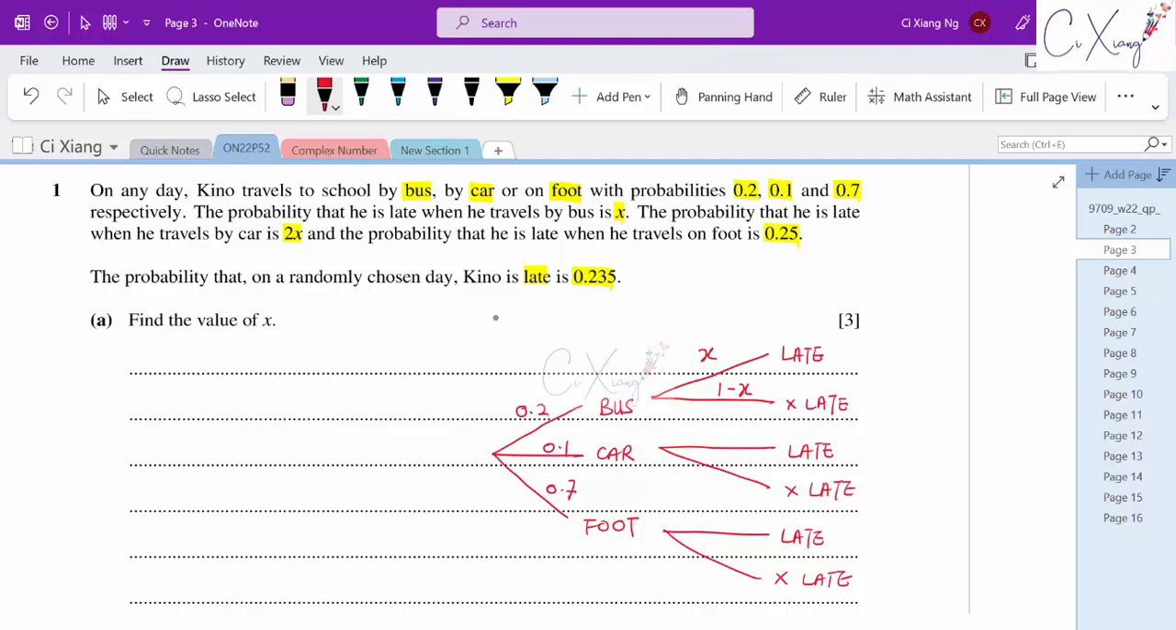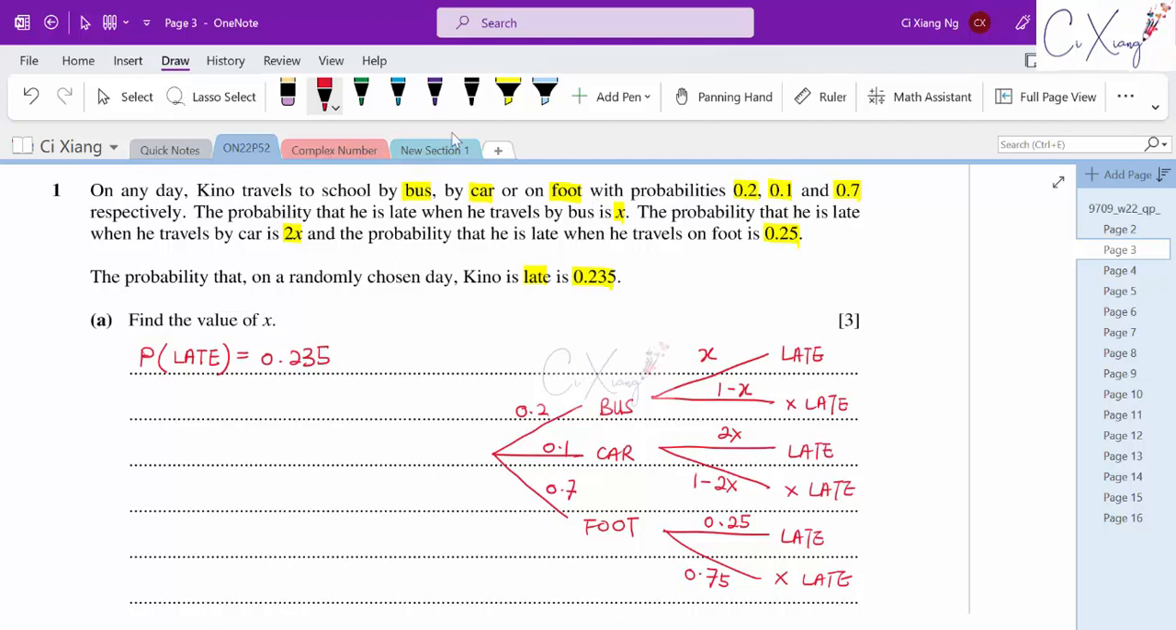For travel by car, the probability that he will be late is 2x, so not late is 1 minus 2x. For foot, late is 0.25, then not late is 0.75, which is 1 minus 0.25. Since they give us the information that the probability that on any chosen day he is late is 0.235,